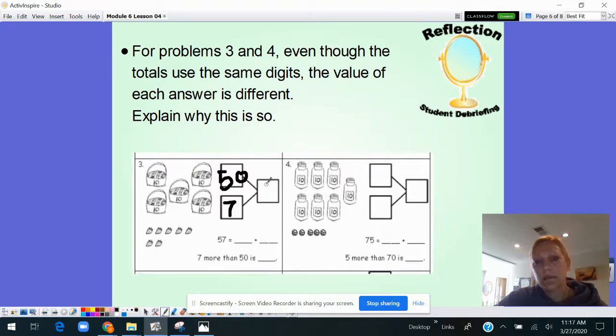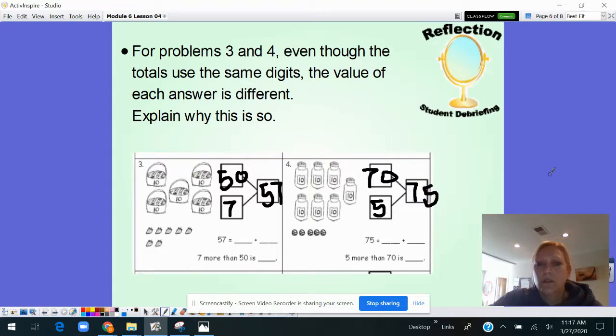So what number does that make? We have 57. And we have 1, 2, 3, 4, 5, 6, 7 tens, which is 70. And we have 1, 2, 3, 4, 5 ones, which is